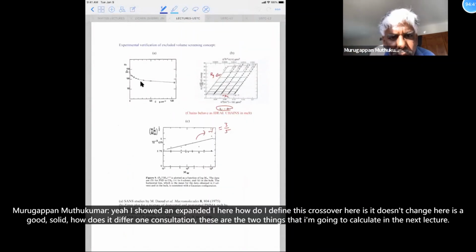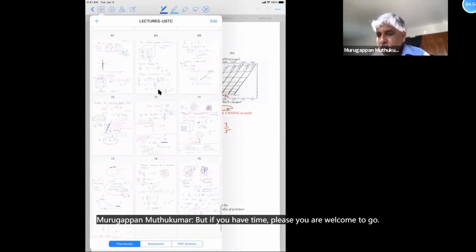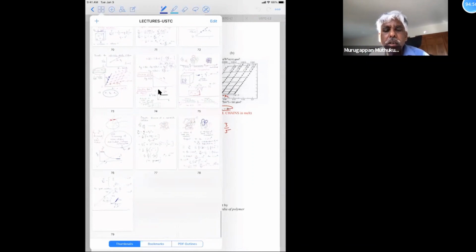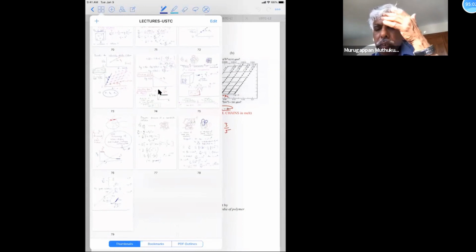How do I define this crossover? Here it's a Gaussian chain, here it's a good solvent. How does it depend on concentration? These are the 2 things that I'm going to calculate in the next lecture. Okay. But if you have time, you are welcome to go into the handout and read them, be ready. Okay, I think I'm going to stop here, and I will request you if you have